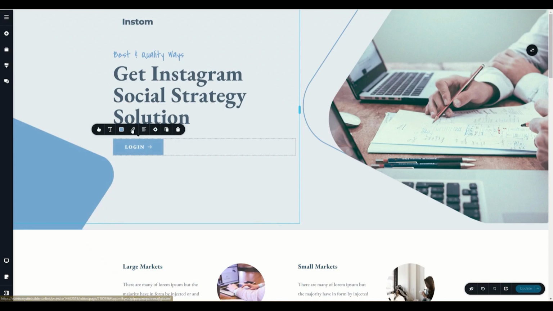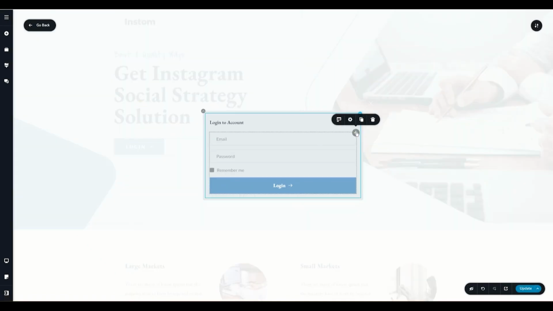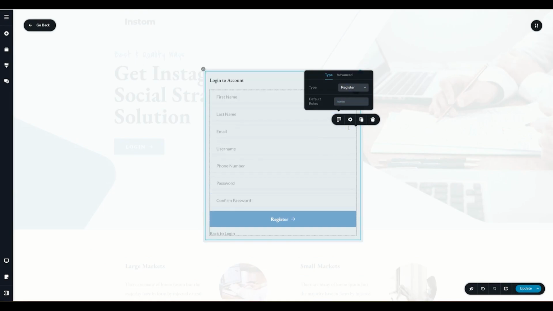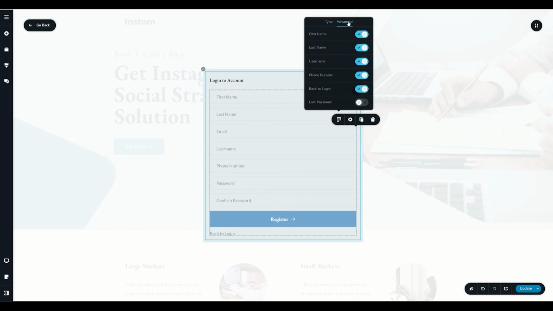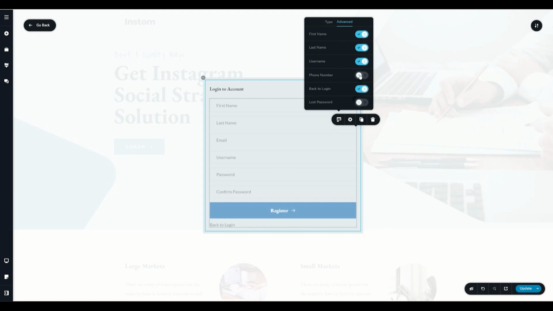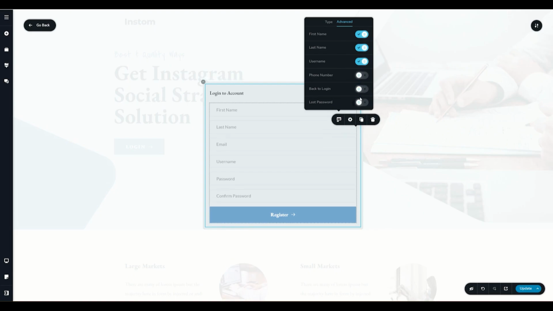Let's select login, and I go back to my pop-up that I've created, access the login form, and then select type, register. We have a number of fields here, which again, you can deselect going to advanced and deciding which you want to display or not. Maybe you don't need a phone number or back to login, and lost password, definitely something you won't use for